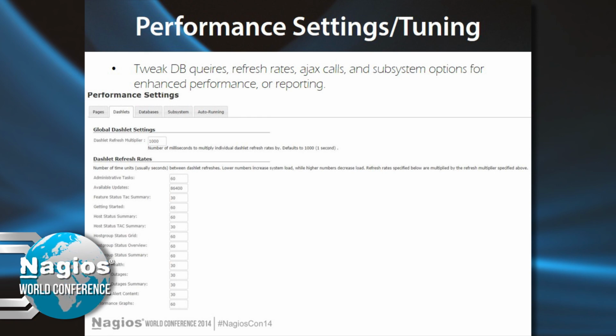Performance settings and tuning. This is under the admin menu under performance settings in Nagios XI. This is a great tool for tuning down your system, getting a little bit leaner, so to speak. This will allow you to change things such as your database maintenance time. So when Nagios goes through and tries to fix crashed tables for you automatically, it'll allow you to change the